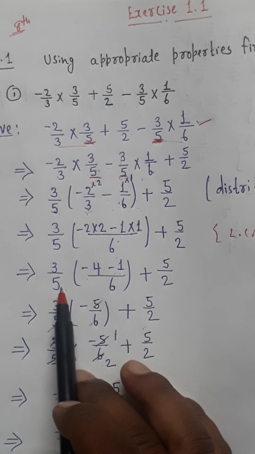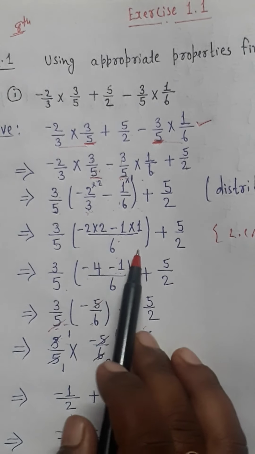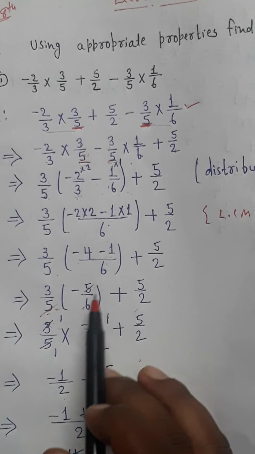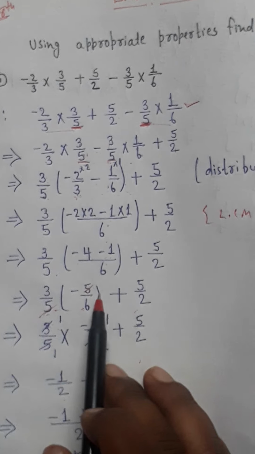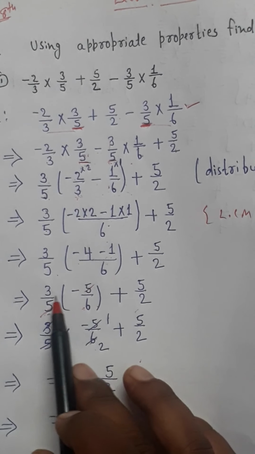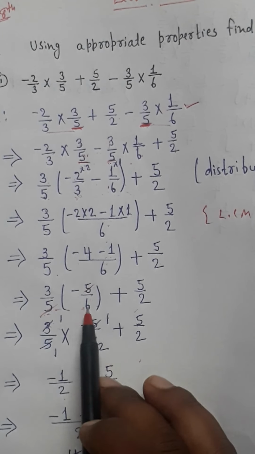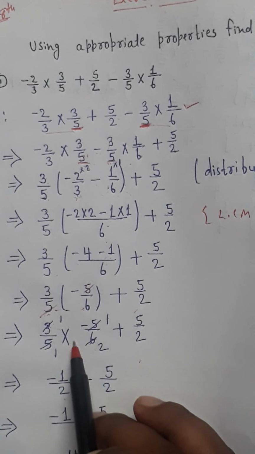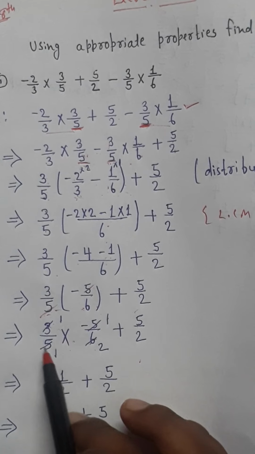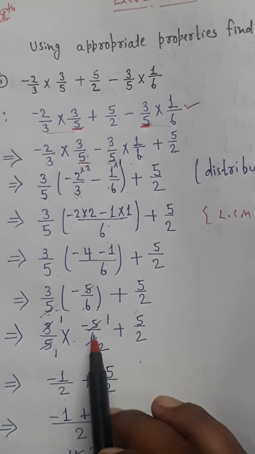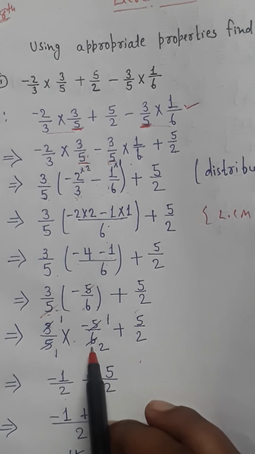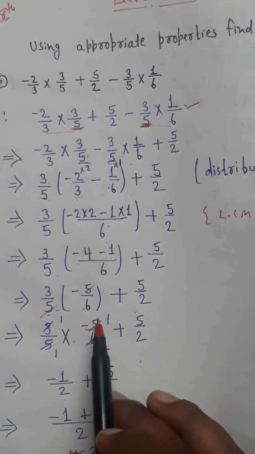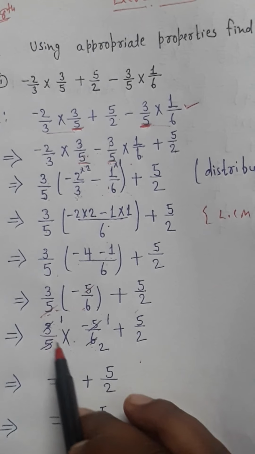3 by 5 will be as it is. 2 into 2 is minus 4 minus 1 into 1 minus 1 plus 5 by 2 also again as it is. Then 3 by 5 minus 5 by 6. अब देखिए माइनस 3 by 5 और माइनस 5 by 6 दोनों के बीच कोई साइन नहीं है, मतलब क्या साइन होगा, इनटू का, प्रोडक्ट का साइन होगा. ये 5 से 5 कैंसिल, 5 बन जा 5 एंड 5 बन जा 5. सेम एज 3 बन जा 3, 3 2 जा 6. न्यूमरेटर से न्यूमरेटर कैंसिल नहीं होता है. We cannot cancel out numerator with the numerator.